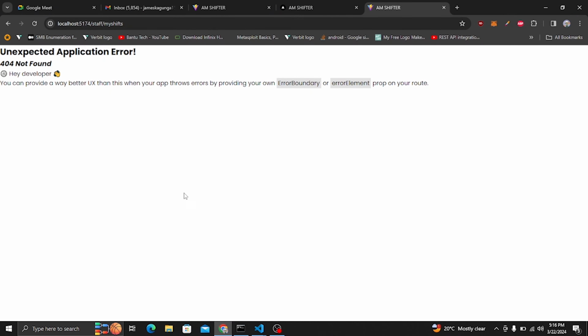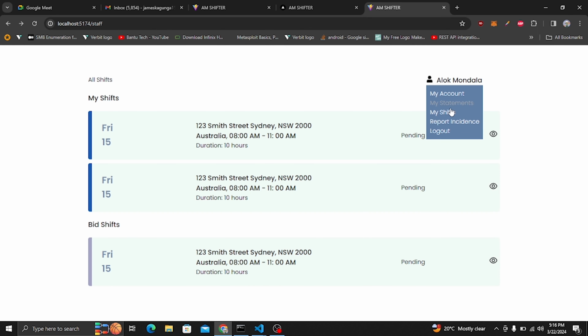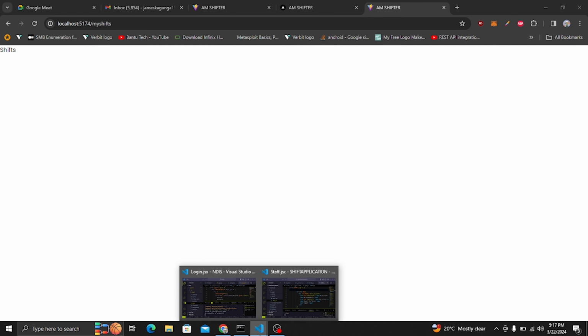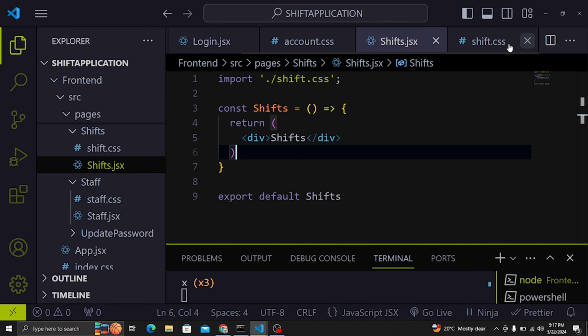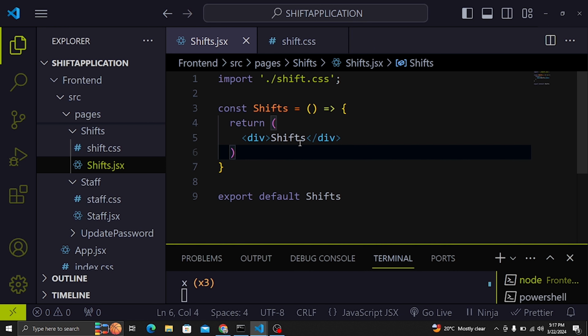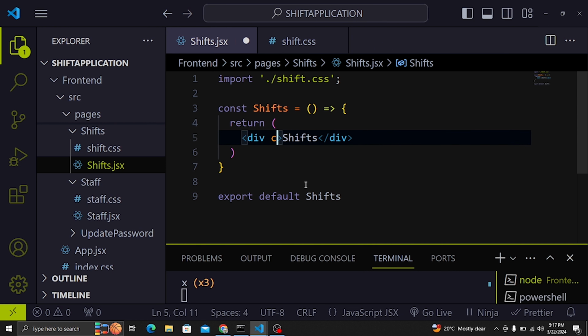So let me check. If I go back now and come here to my shifts, you can see we have this shift. Let's first of all start styling here. Let me close everything except our shifts page. So I'm going to close all of this. Up here I'm going to give this a class name of, let's say, my shifts,